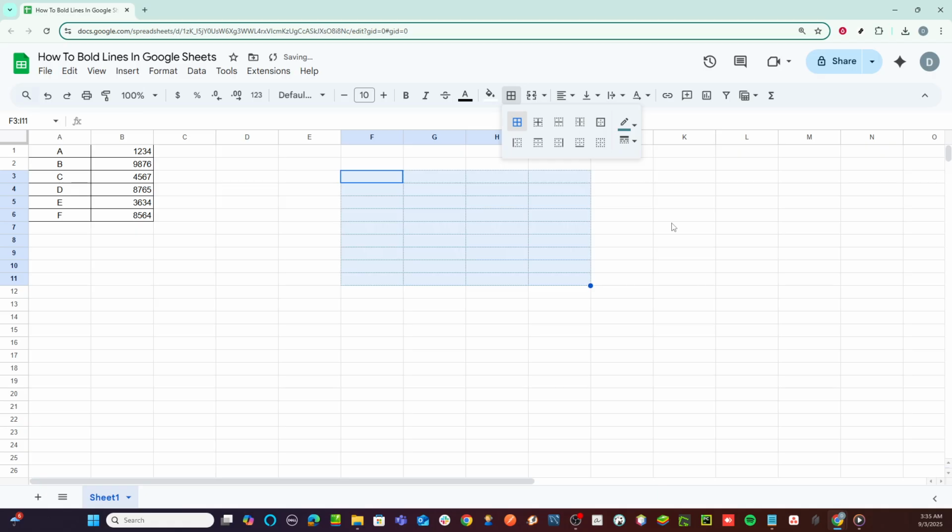And there you have it. By following these simple steps, you've now mastered the art of bolding lines in Google Sheets. This skill is particularly useful for creating easily readable and professional spreadsheets. As always, feel free to experiment with these settings to find the style that best suits your